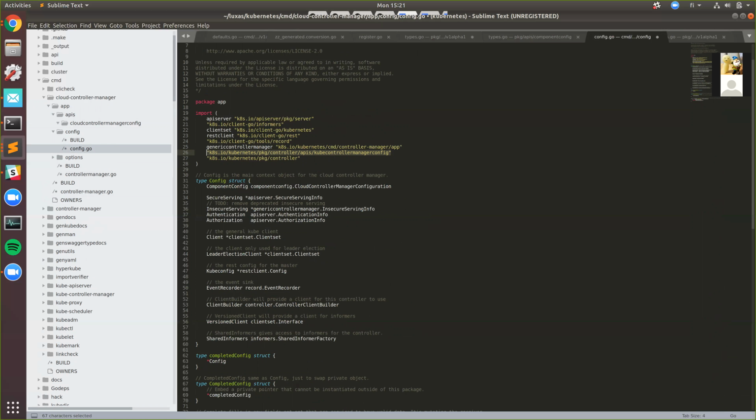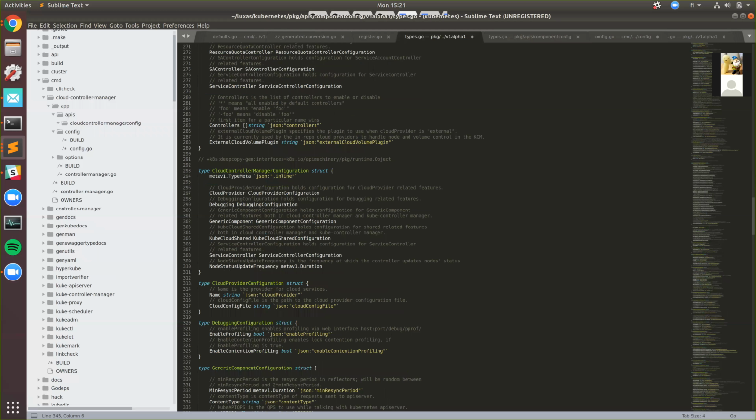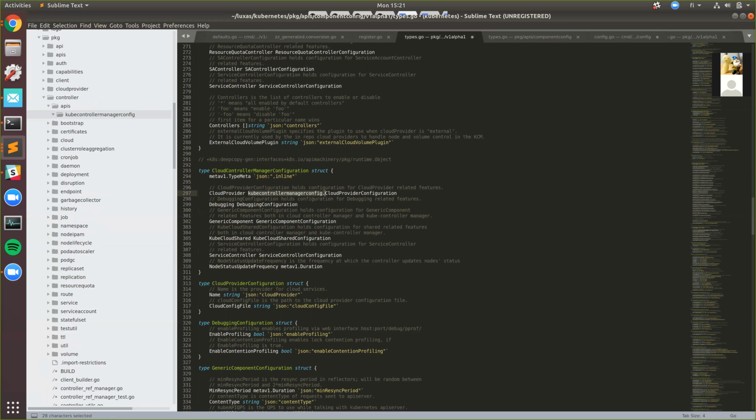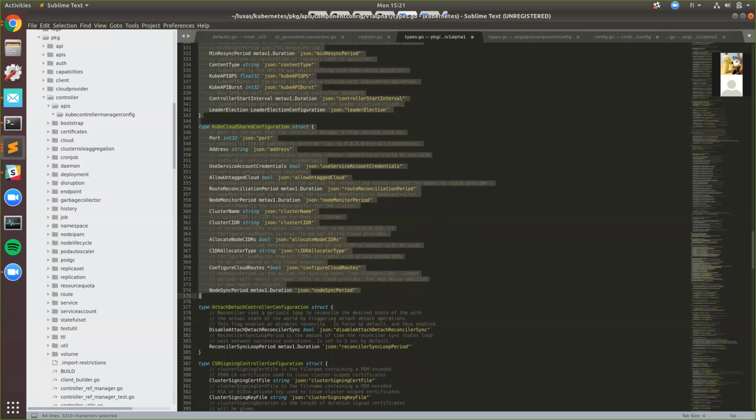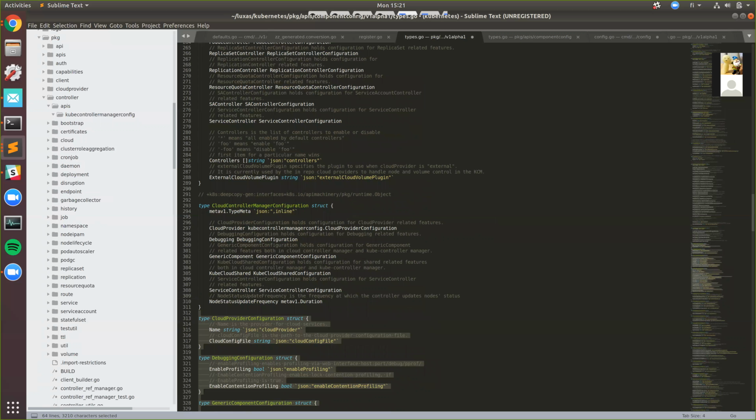So you would move this one to this folder, and then from this you would write kube controller manager config dot, like this, which would reference these types. So they would only be in one place. They would only be here, in this block. But you can reference it from the